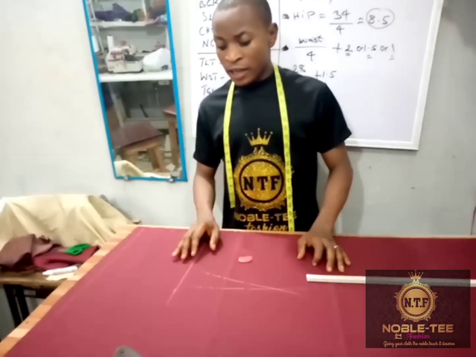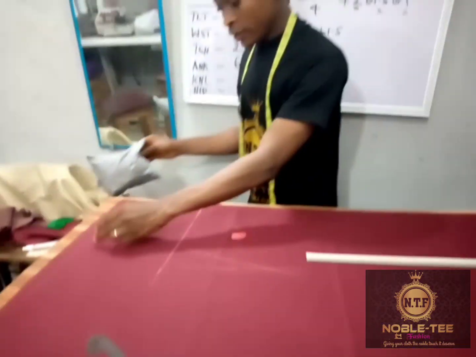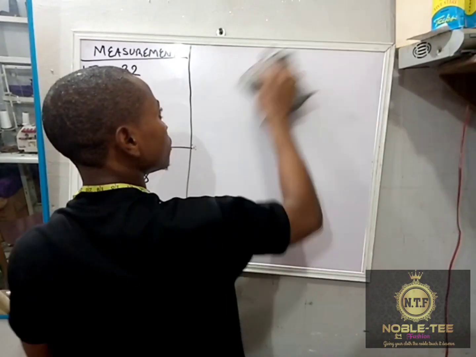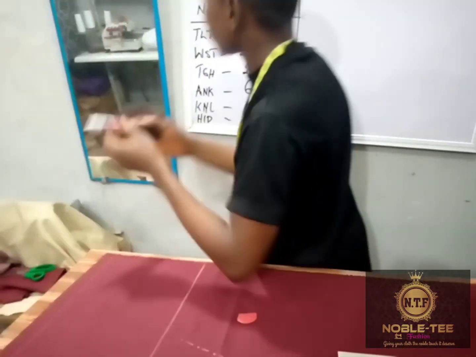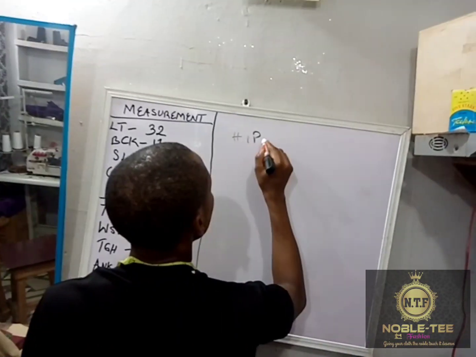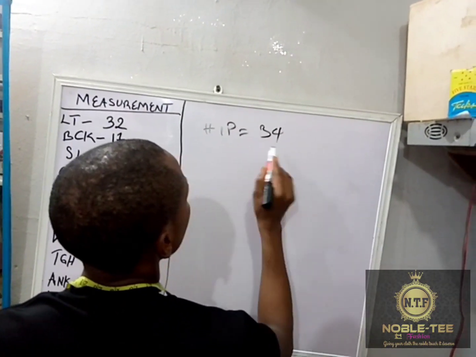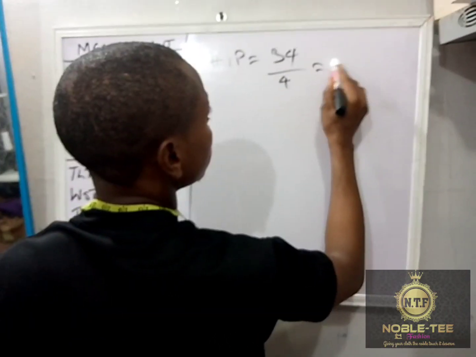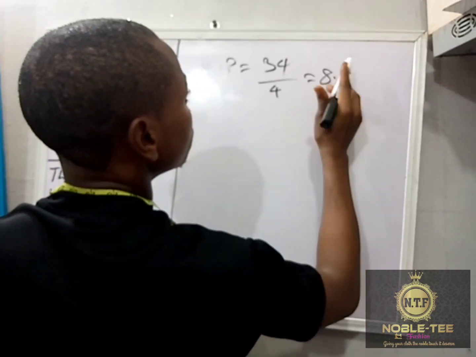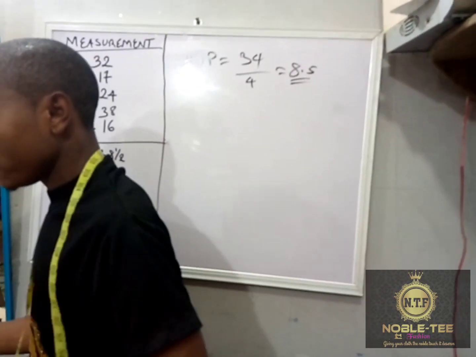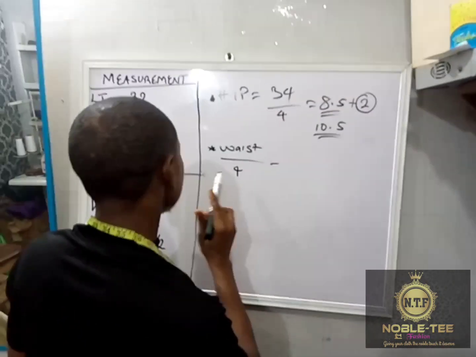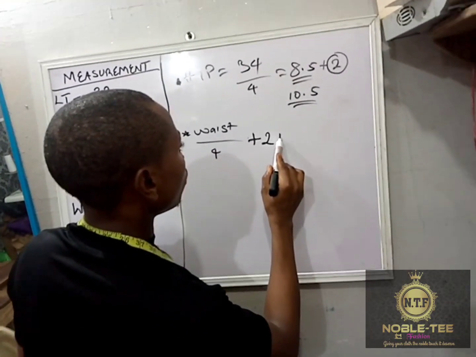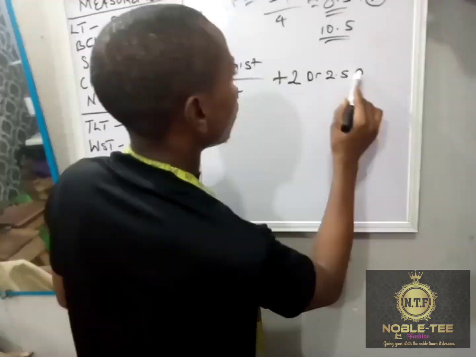So the next thing now is to get our hip line. Hip is a 34. So now 34 divided by 4 leaves us 8.5, right? 8.5. No, yeah, 8.5. No, the formula is waist divided by 4 plus